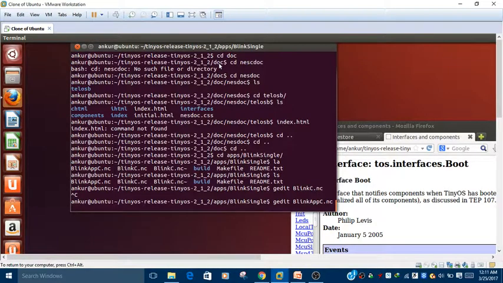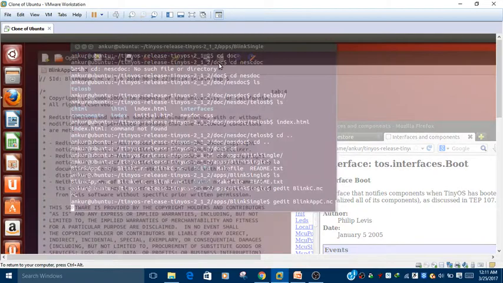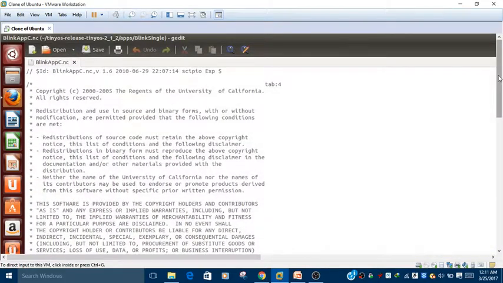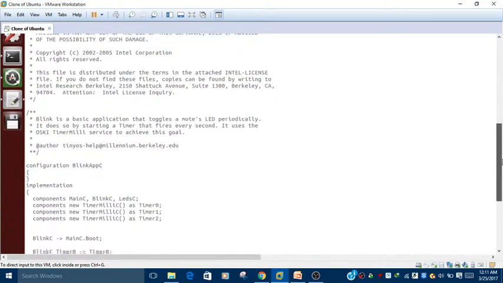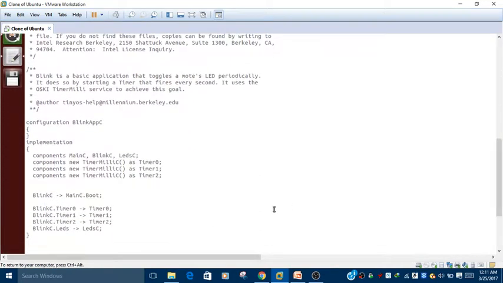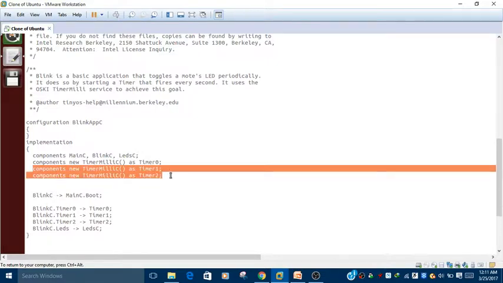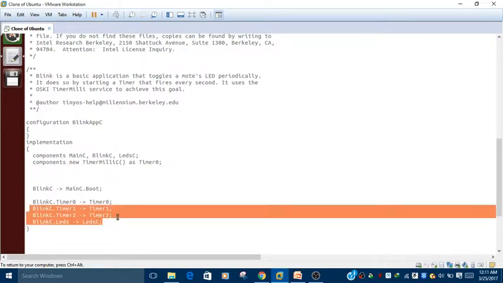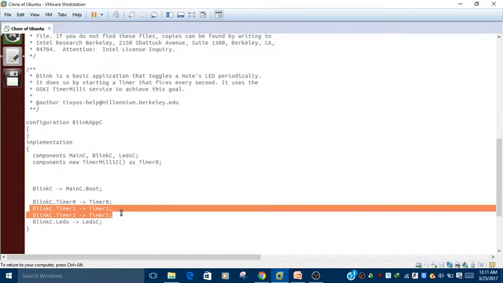Because timer 0, timer 1 and timer 2 are not there, we need to modify the app file according to those timers. If any wiring is done by timer 1 and 2, we need to delete it. There are the component declarations for 1 and 2 which are not required, and these two timers are not there, so I just delete them. So these two variables are deleted.